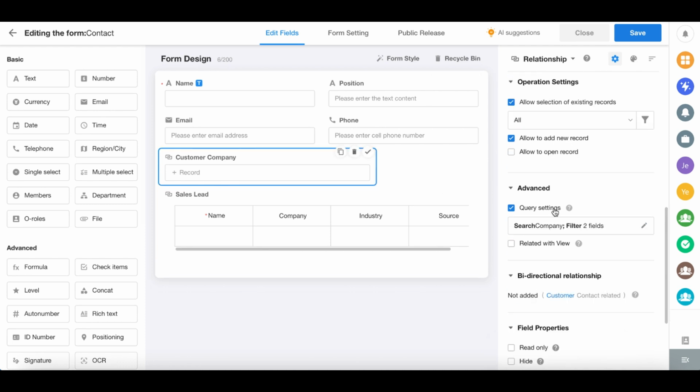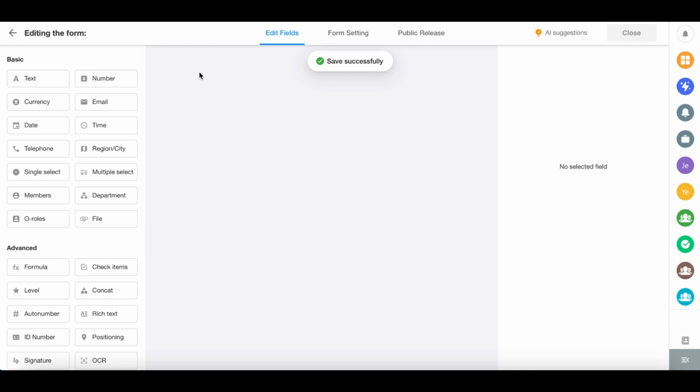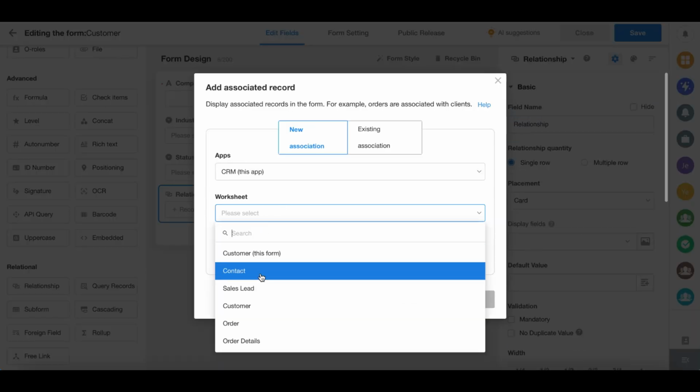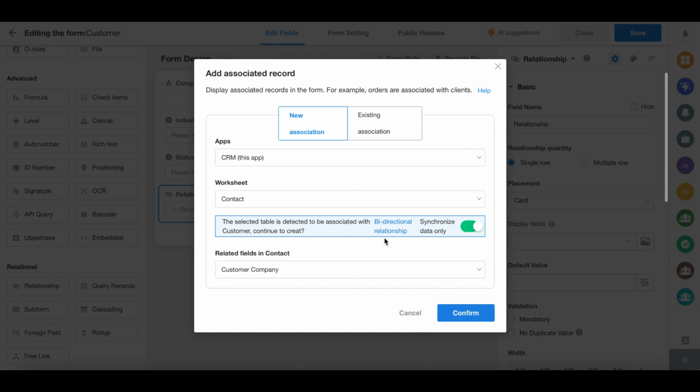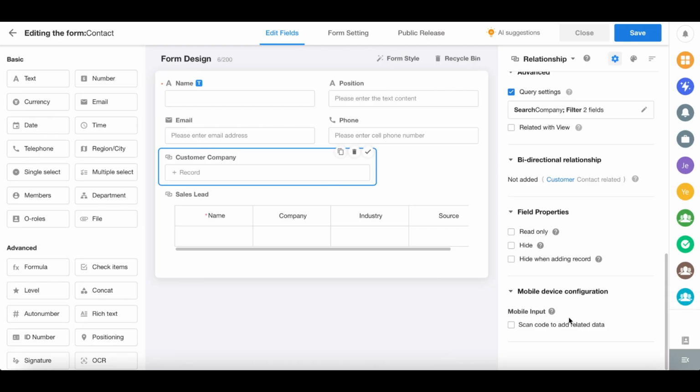For bidirectional relationship, if you need to see the related contact records in the customer worksheet, set up a bidirectional relationship. When selecting the worksheet to be related in the customer worksheet, choose the contact worksheet, and there is a reminder for bidirectional relationship. The final section covers the configuration for mobile devices, whether to enable QR code scanning for adding related records,